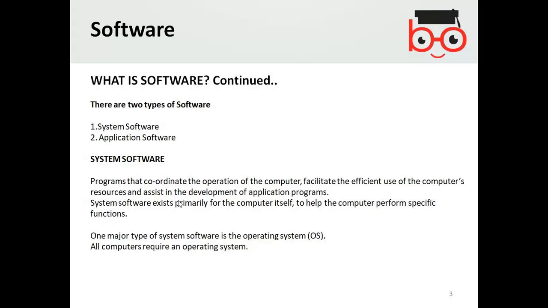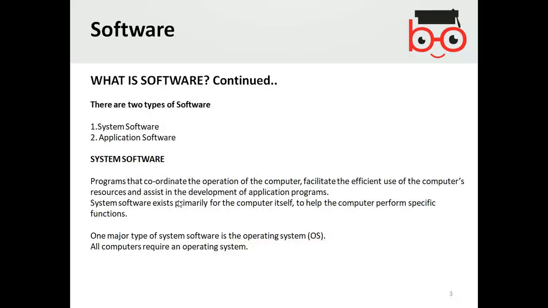It is the responsibility of the operating system or system software which allows you to use your computer. For example, if you want to run a movie, then it is the responsibility of the system software to allow your movie to run efficiently at the required speed.